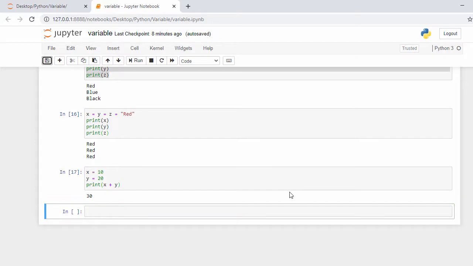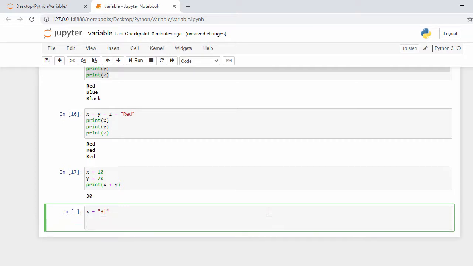Now we will look at global variables. The variables that are created outside of functions are known as global variables. Global variables can be used both inside and outside the function. Let's take one example. I have variable x equal to "hi", and I define one function.